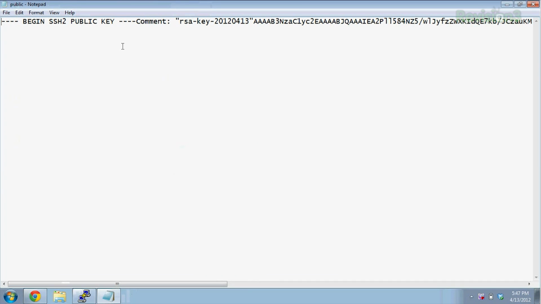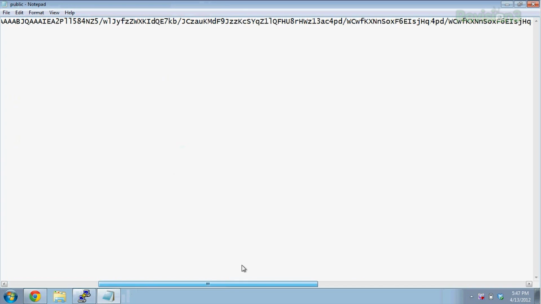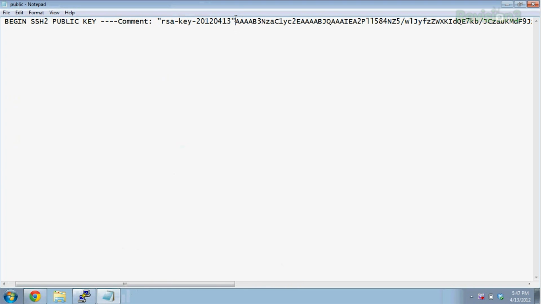So here's my new one. Yeah, all that's on one line. Awesome. It's all on one line. Sweet. My awesome public key. Look, everybody, here's my public key. And then at the beginning of this, right here, I need to add ssh-rsa because that's what kind of key it is. Do I need a space right there? Yep. Okay, let's add a space.